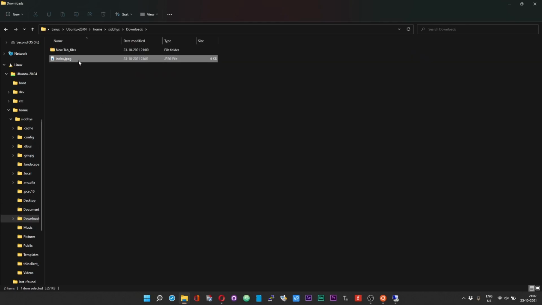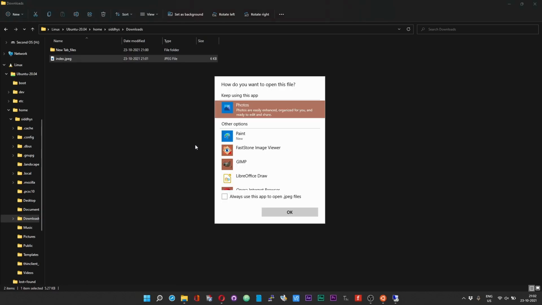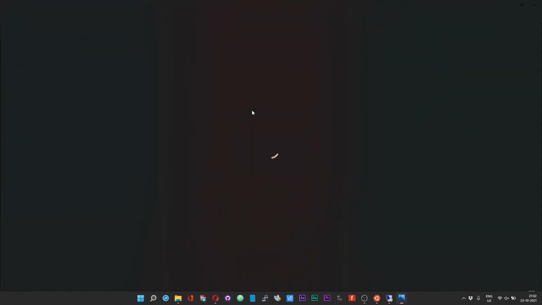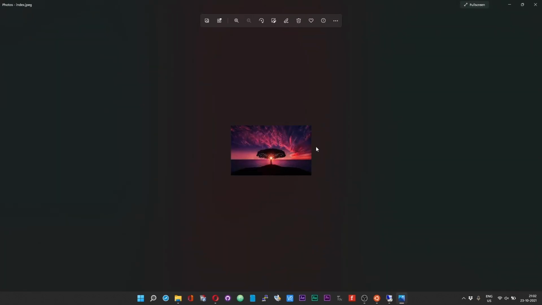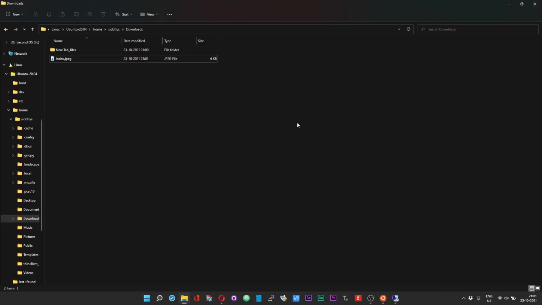Okay, so here is the file that we just downloaded. That is how you can access Windows subsystem for Linux files directly from your Windows Explorer.